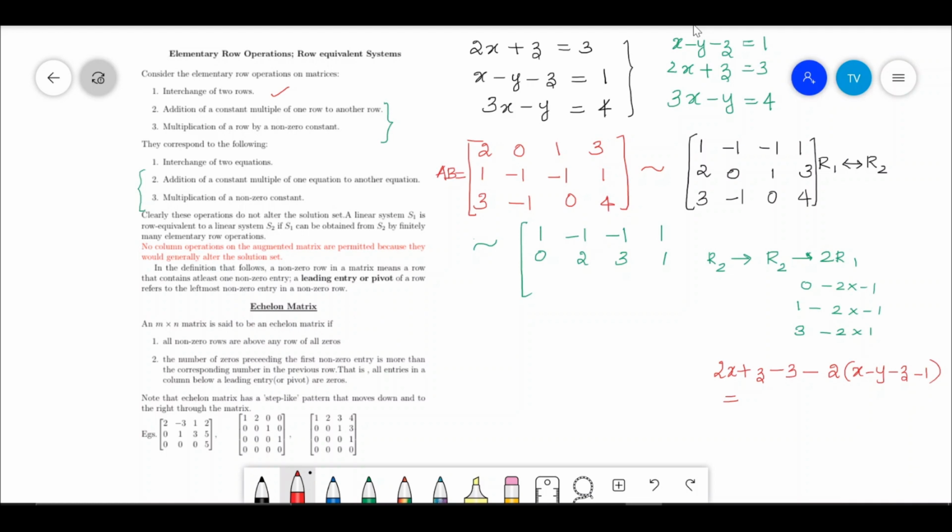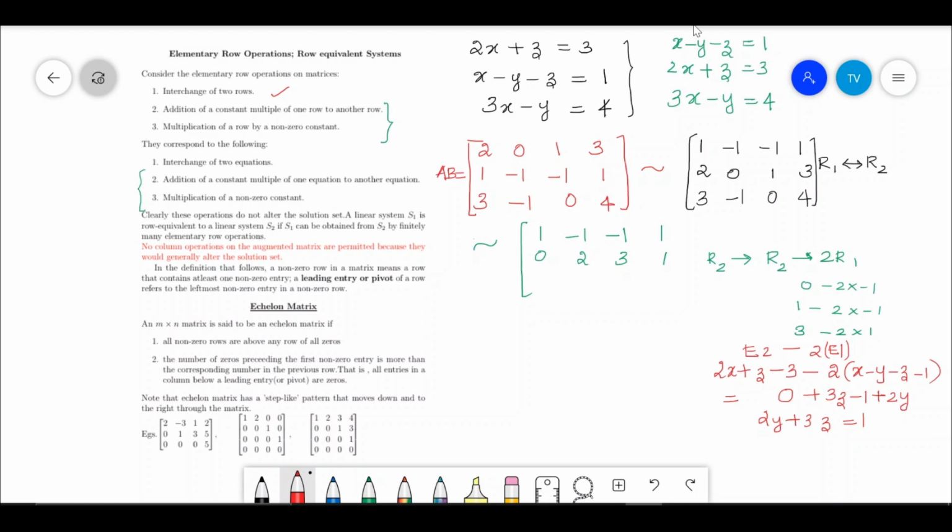So this is the second equation, this is equation number 2 minus 2 times equation number 1. So 2 times equation number 1. So 2x minus 2x, it is 0. Then z plus 2z, we have 3z. Then minus 3 plus 2, it is minus 1, and we have plus 2y. Or we can write it as 2y plus 3z equal to 1. So this is how this row is getting transformed, 2y plus 3z equal to 1. So this row corresponds to the equation 2y plus 3z equal to 1.